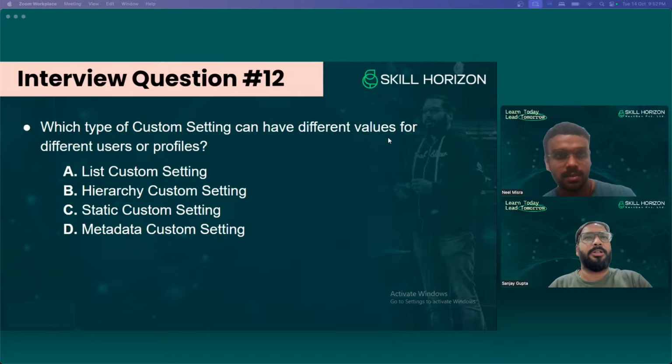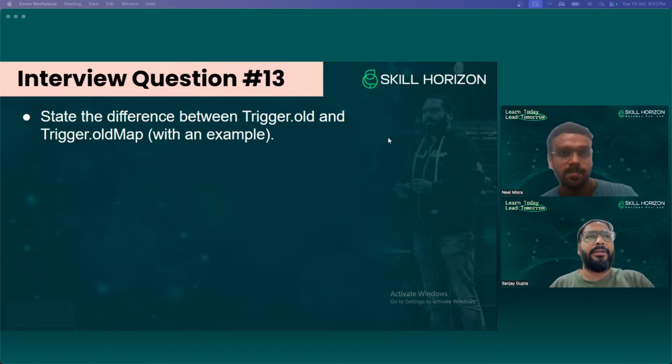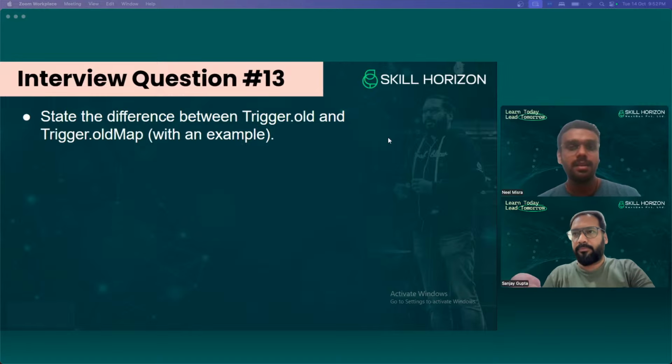Interview question number 13. State the difference between Trigger.old and Trigger.oldMap with an example. I want to know what is Trigger.old, what is Trigger.oldMap. Similarities, differences, examples, just try to explain. So Trigger.old and Trigger.oldMap are both context variables that are available in triggers.